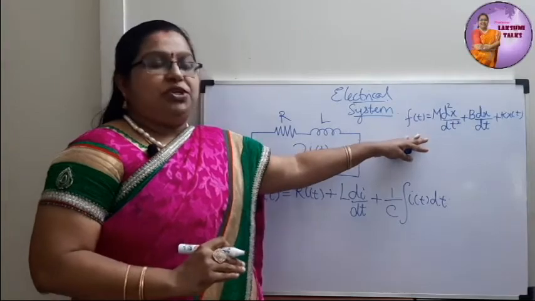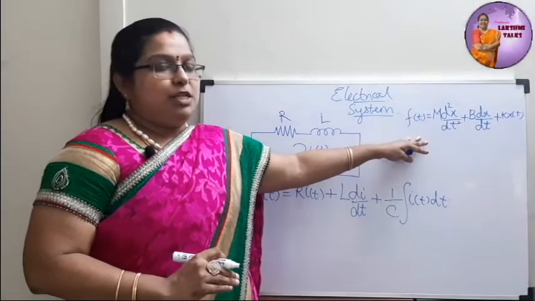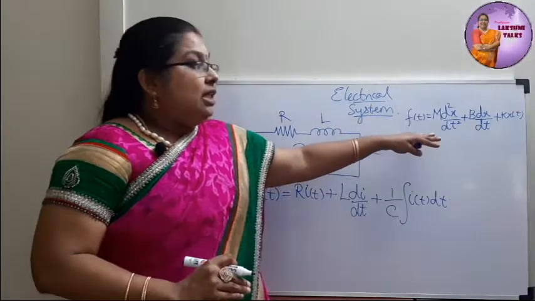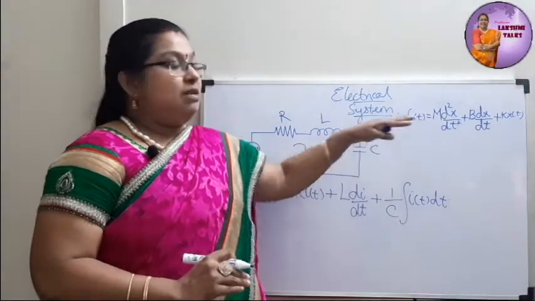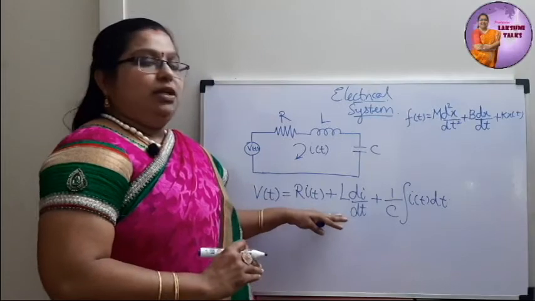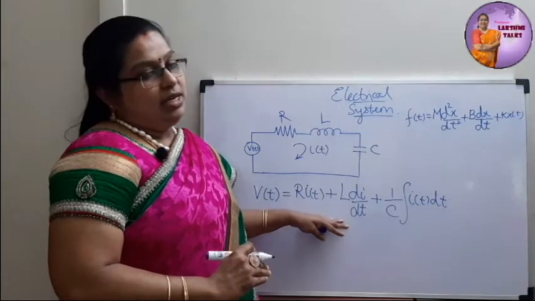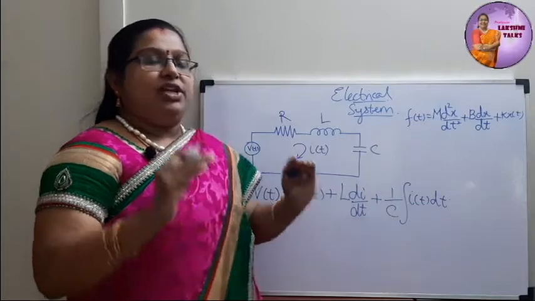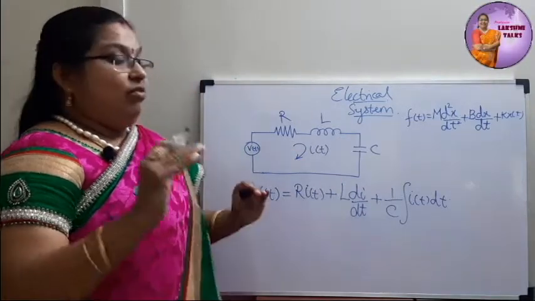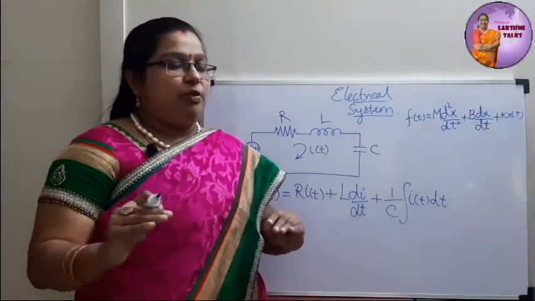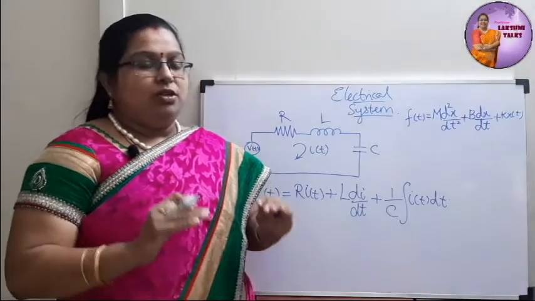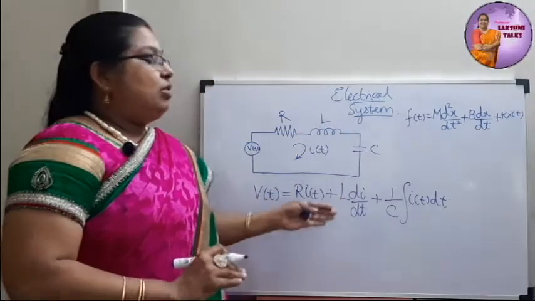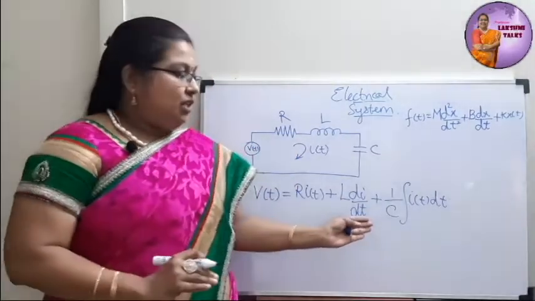So, this is the equation governing a simple mass spring damper system. This we have already seen. Now, this equation, if it is similar to the mathematical model of this RLC series, then we can say that force voltage analogy exists. I have told you it is a similar set of equations and not the same equation. So, similar in the sense this is a second order differential equation, right? So, here also we must be having a second order differential equation.